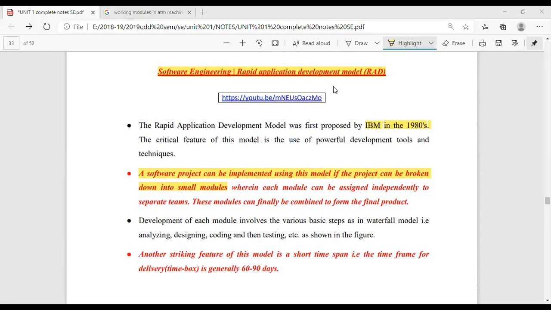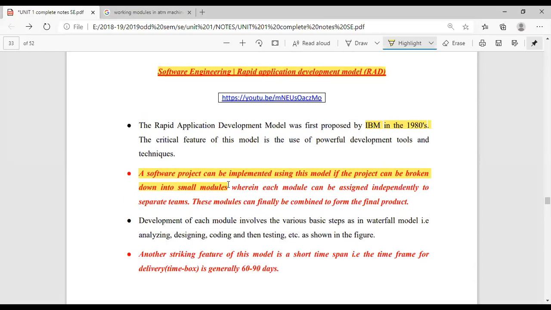Just now I told you the meaning of module. For example, when we want to develop ATM software, that entire ATM software is divided into the smallest units called modules.